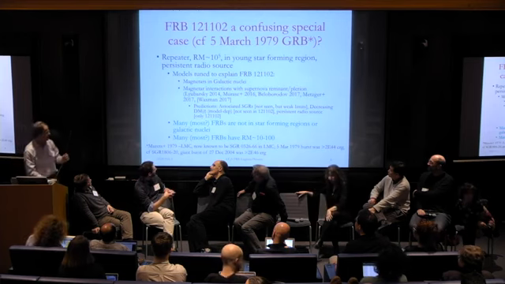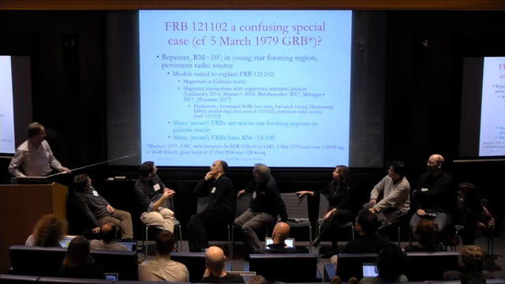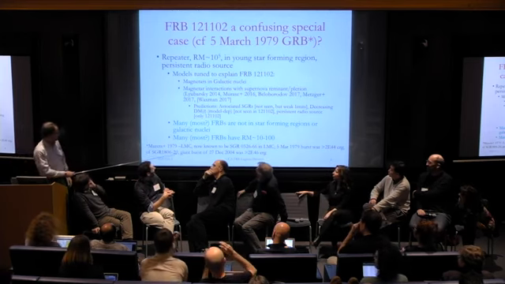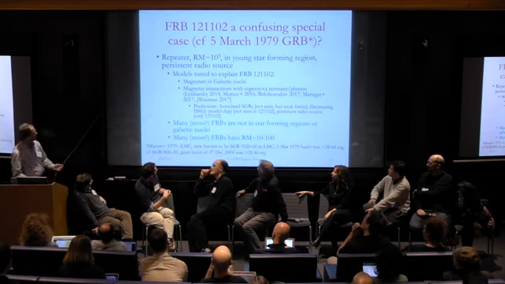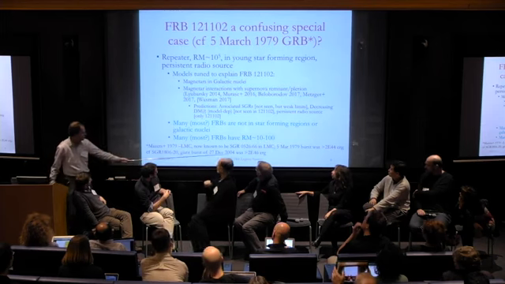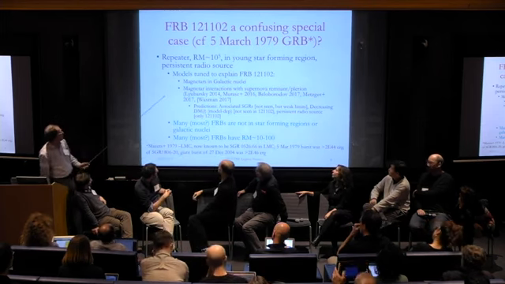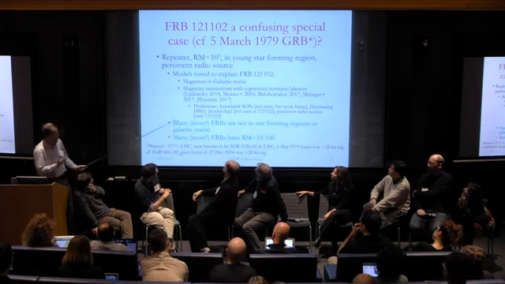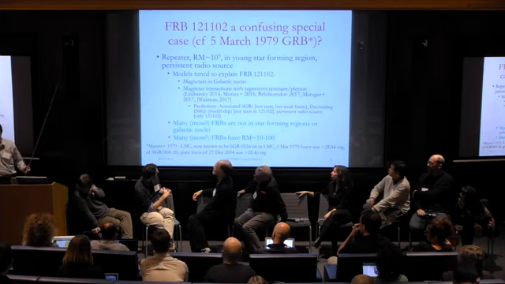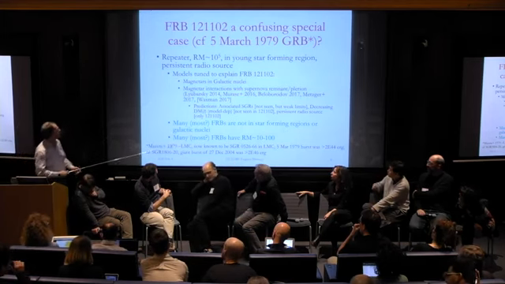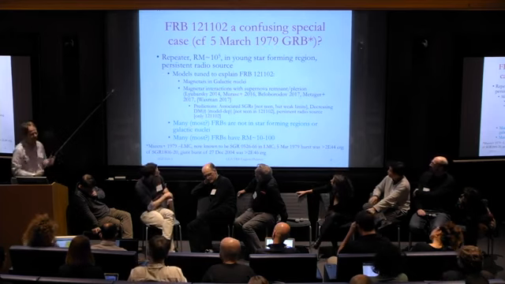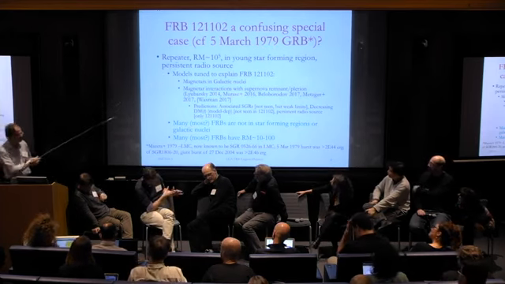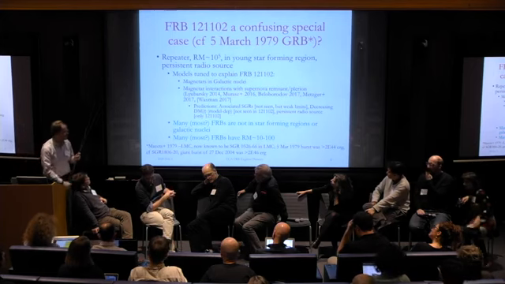And we now know that that was an SGR in the Large Magellanic Cloud, 1806 minus 20, that was a 10 to the 46 burst. It was pretty impressive. It changed radio emission in the Earth's atmosphere. But that was also a magnetar, and of course, those were not the prototypical gamma ray bursts, which are from other types of sources. So I guess the question is, is the original Arecibo repeater a similar red herring, just like the March 5th, 1979 burst?